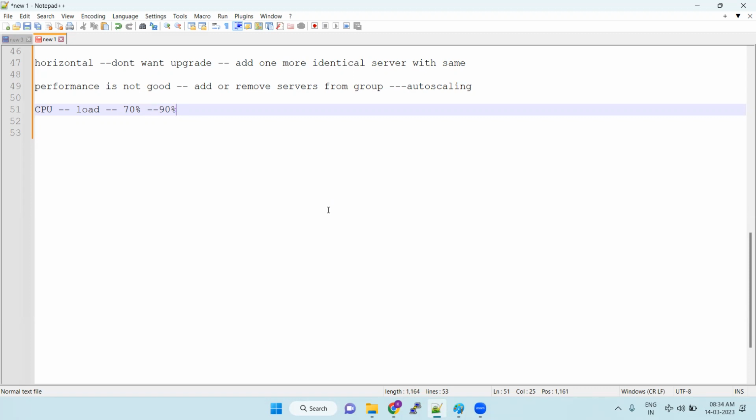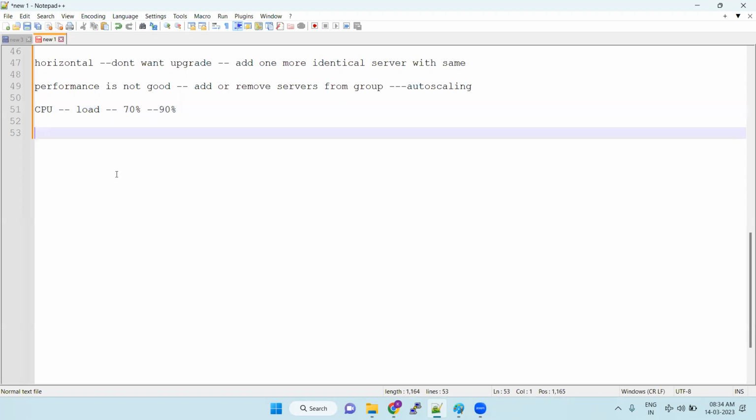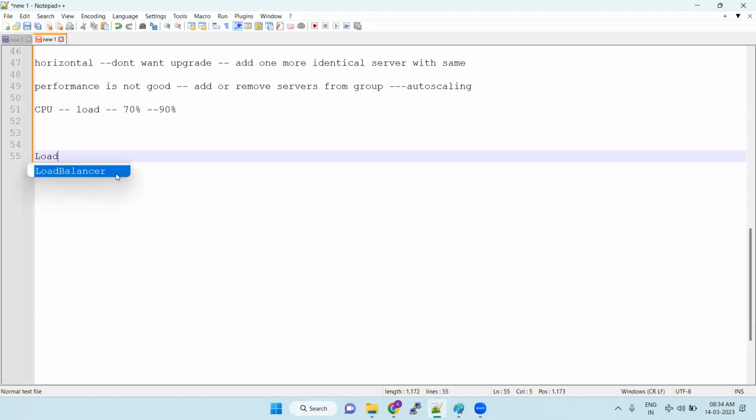So what will we do? In order to decrease the load on the server, we will add one more server. So the load will be shared across the additional server, and the CPU load on this server will decrease. These types of concepts we can do in load balancing